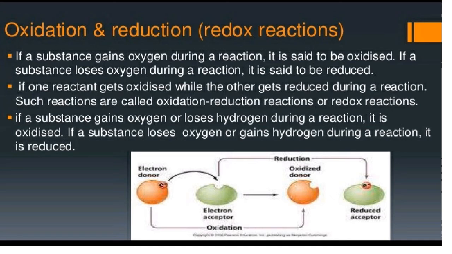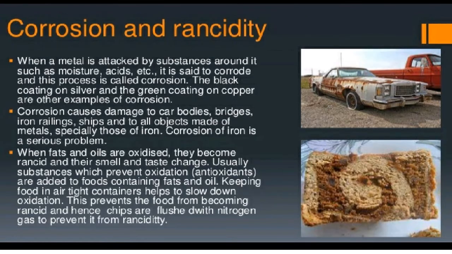In redox reaction, you should also know the meaning of the terms oxidizing agent and reducing agent. An oxidizing agent is a substance which gives oxygen or gains hydrogen. On the contrary, a reducing agent is a substance which gives hydrogen or gains oxygen. These are the examples of redox reaction. This reaction is very important from the examination point of view, so you should understand it better.